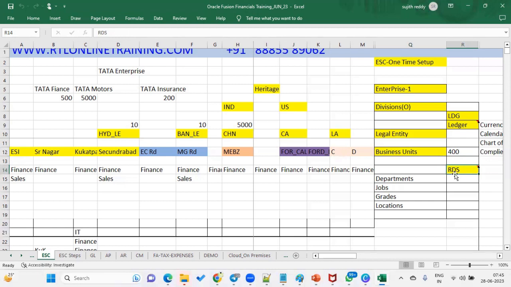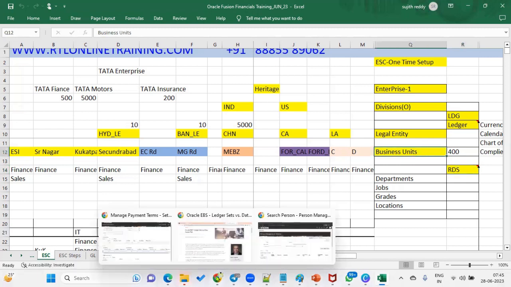Through reference data set. So what is RDS? RDS stands for reference data set. What is the purpose of this? To refer some of the objects to the business unit. We cannot assign this set of objects directly to the business unit. We are supposed to group them and then assign the group to the business unit. We have the built-in reference data sets called Common and Enterprise. Enterprise we don't use. Common set we will be using. If you assign your object to the common set, we will be able to get that from all the business